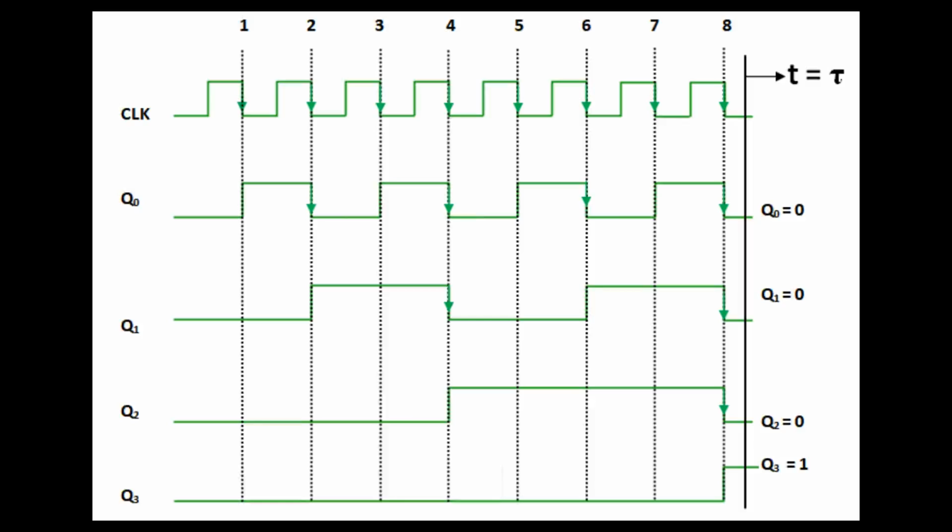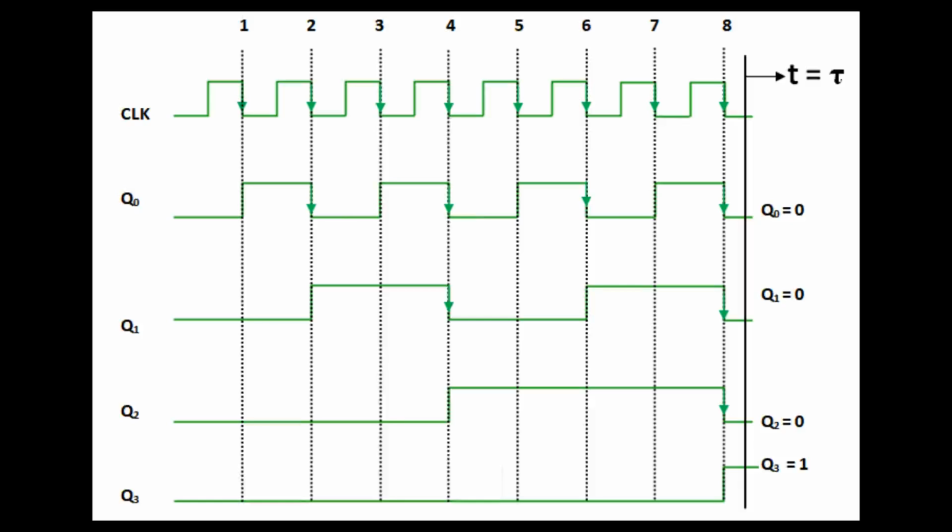Now Q1 has only 2 falling edges. So Q2 has a change of state at point 4 and at point 8. Now Q2 is the clock pulse for the fourth flip-flop. So the change of state of Q3 takes place only at point 8. So when point 8 comes, the change of state takes place for Q3. Now we have drawn the timing diagram for all the 4 outputs.